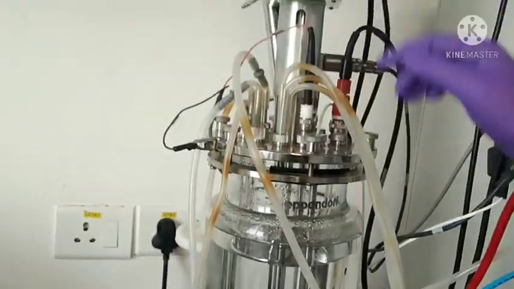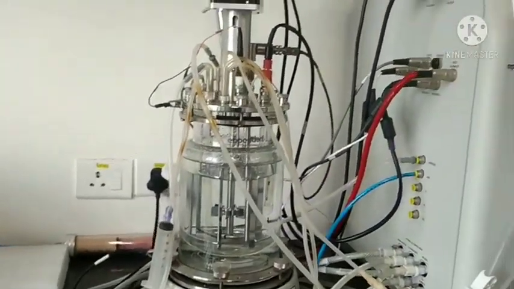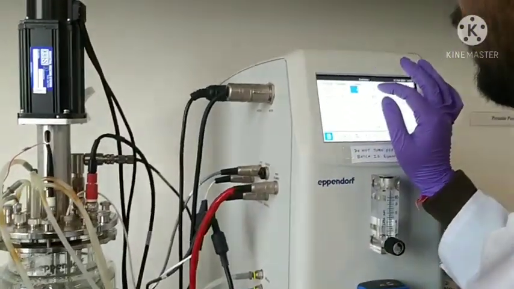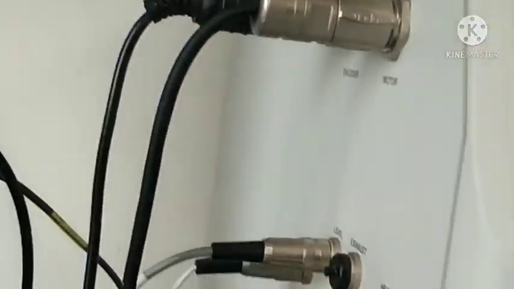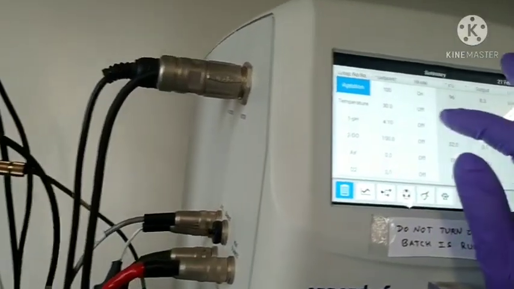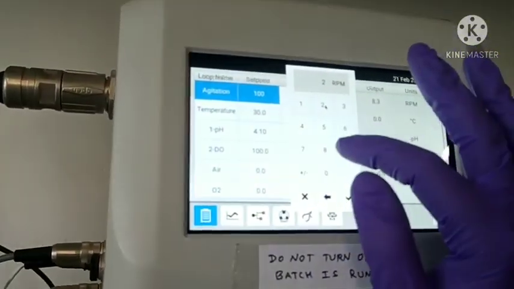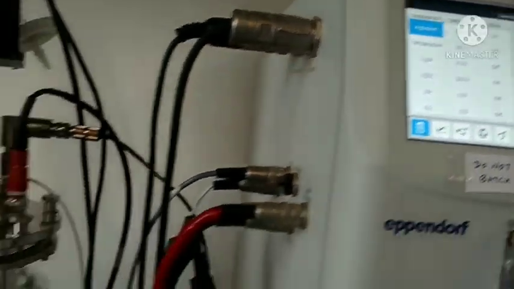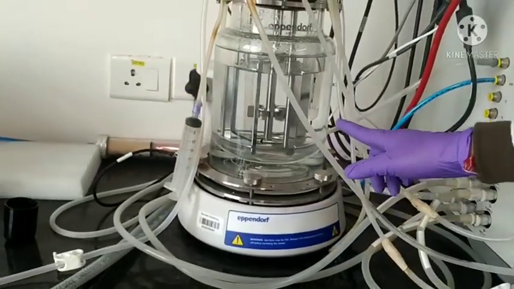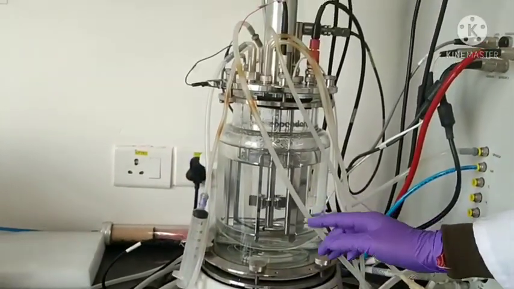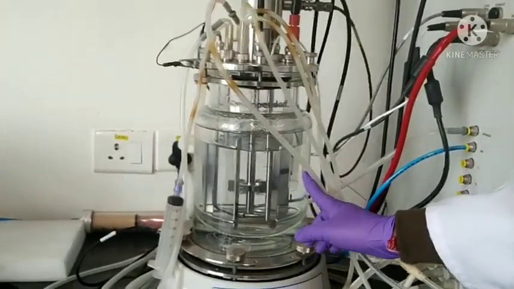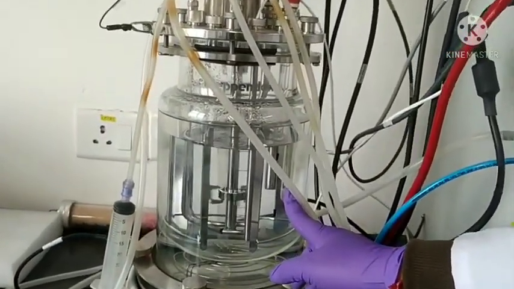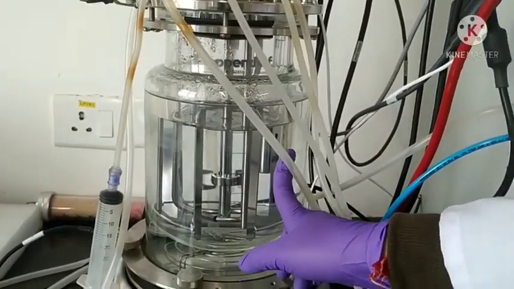Now this motor will rotate and increase the speed. If I set it at 100 rpm, it will move. If I set 200 rpm, you can see the agitation starts inside. Now you can visualize how the mixing of the medium can be done by this agitating rotor.